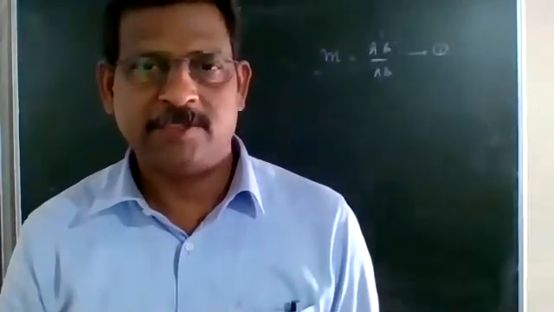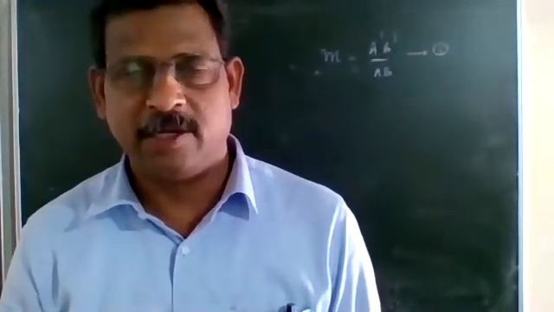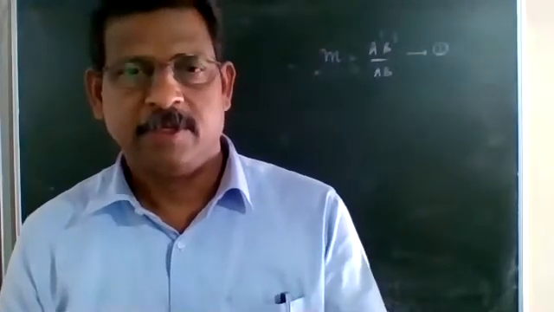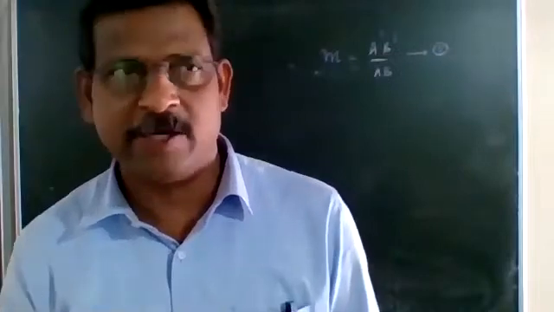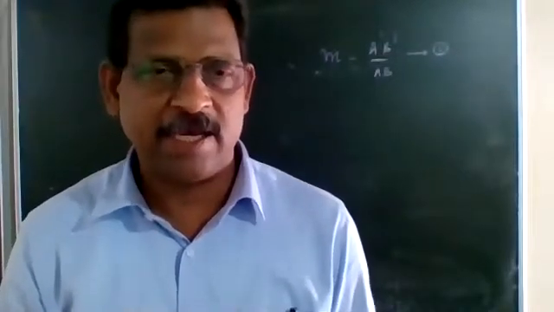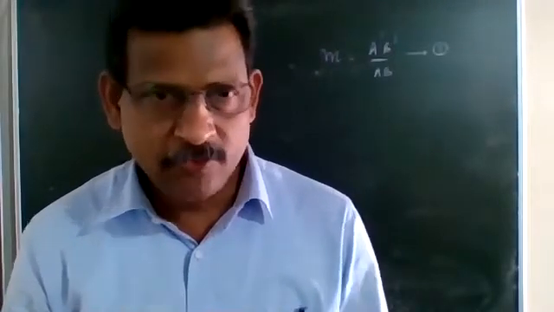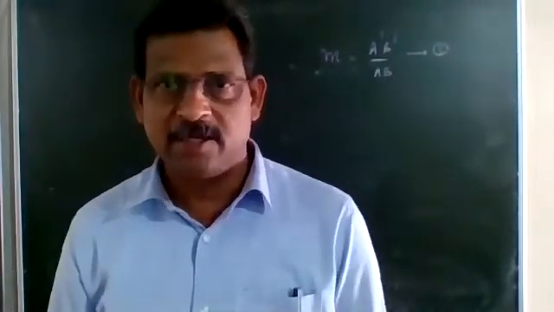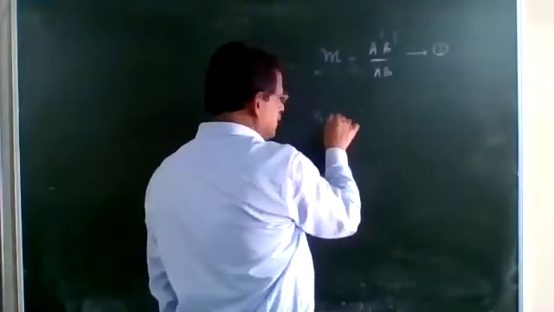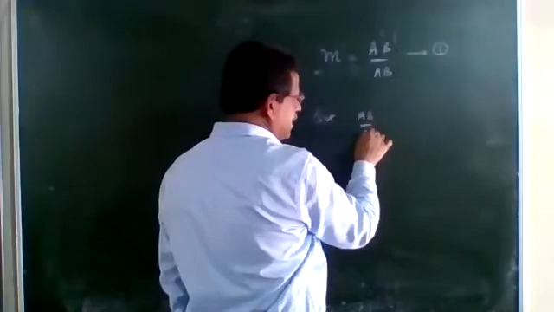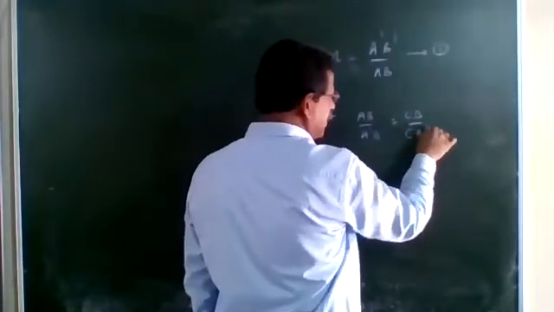But last class, from the pairs of triangles while deriving the mirror formula, we have seen an equation for AB upon A dash B dash. We considered the object and image triangles with C. So we are recalling that pair of triangles and taking that equation: AB divided by A dash B dash equals C divided by C B dash.